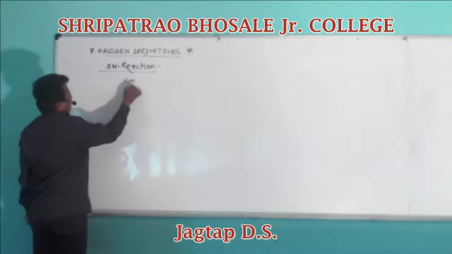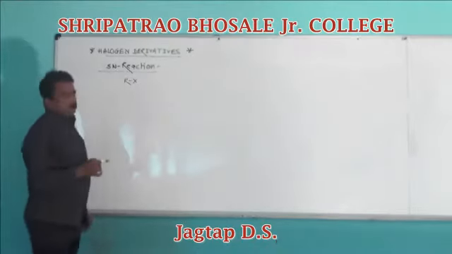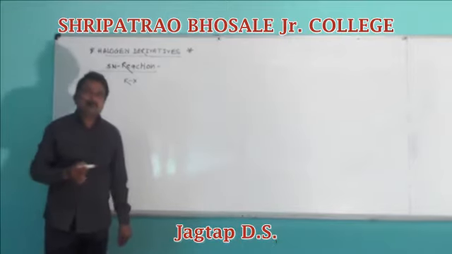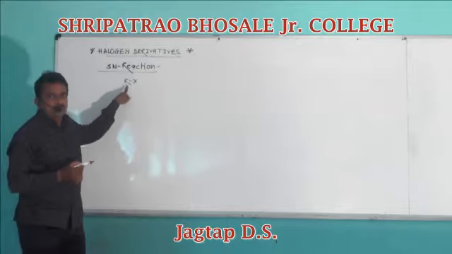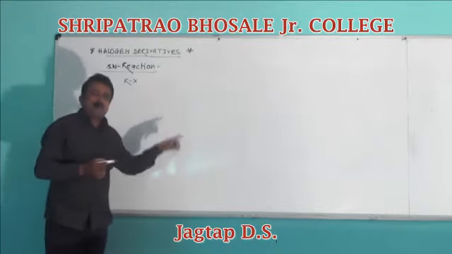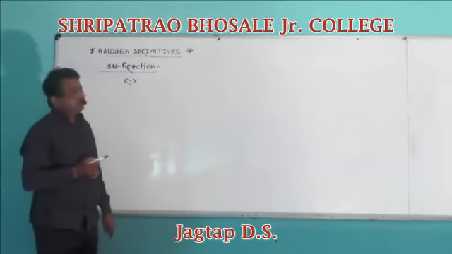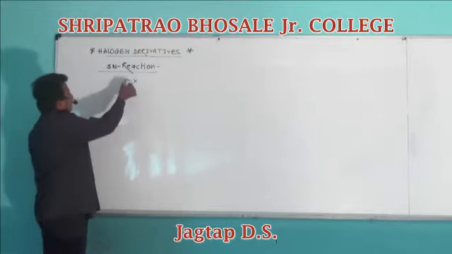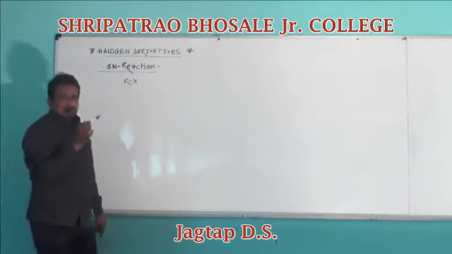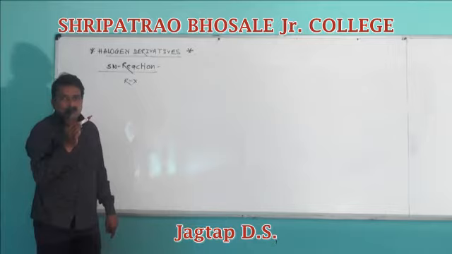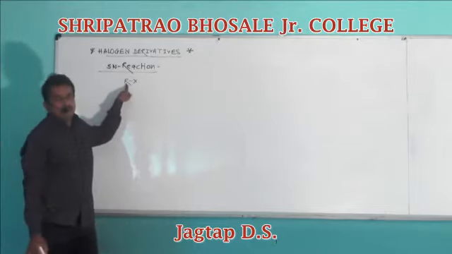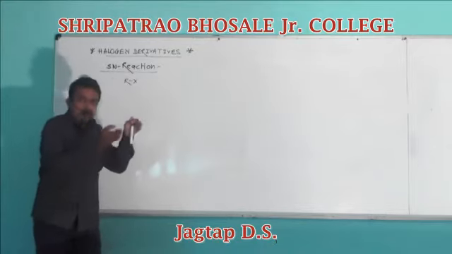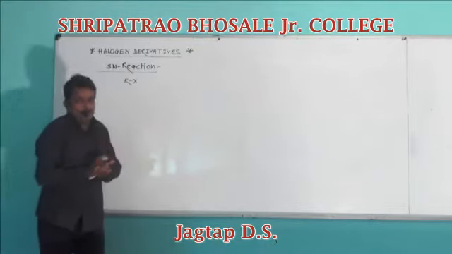In alkyl halide, the halogen atom is directly attached to sp3 hybridized carbon atom. That is, it contains only one halogen atom in its molecule. The halogen atom is attached to sp3 hybridized, aliphatic saturated carbon atom.